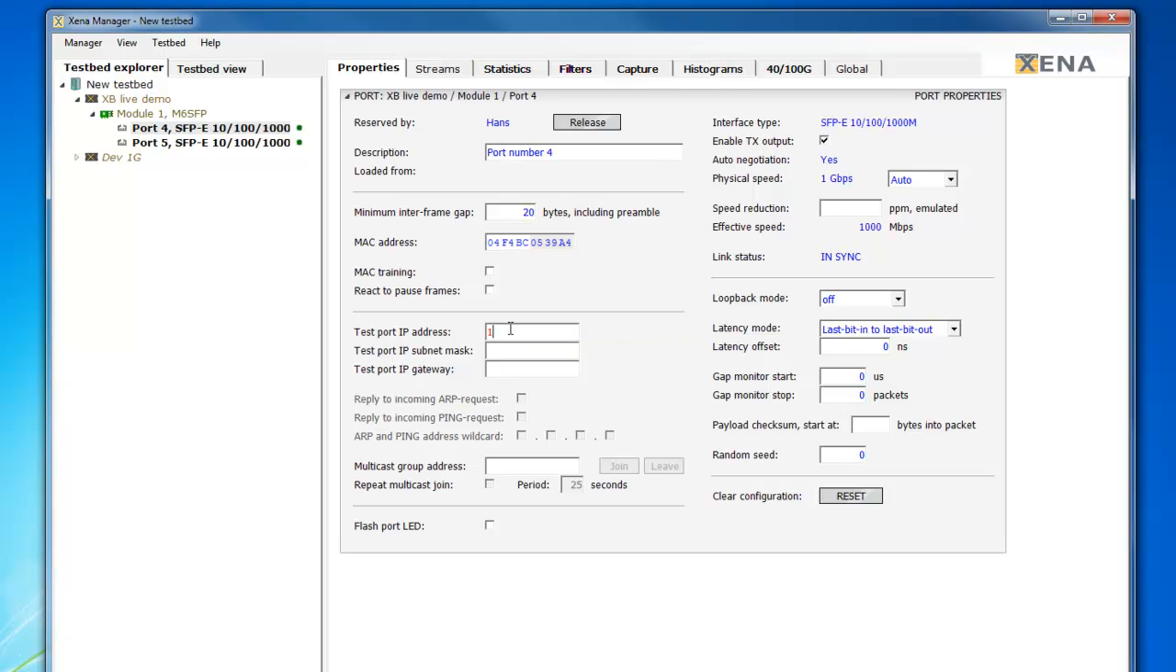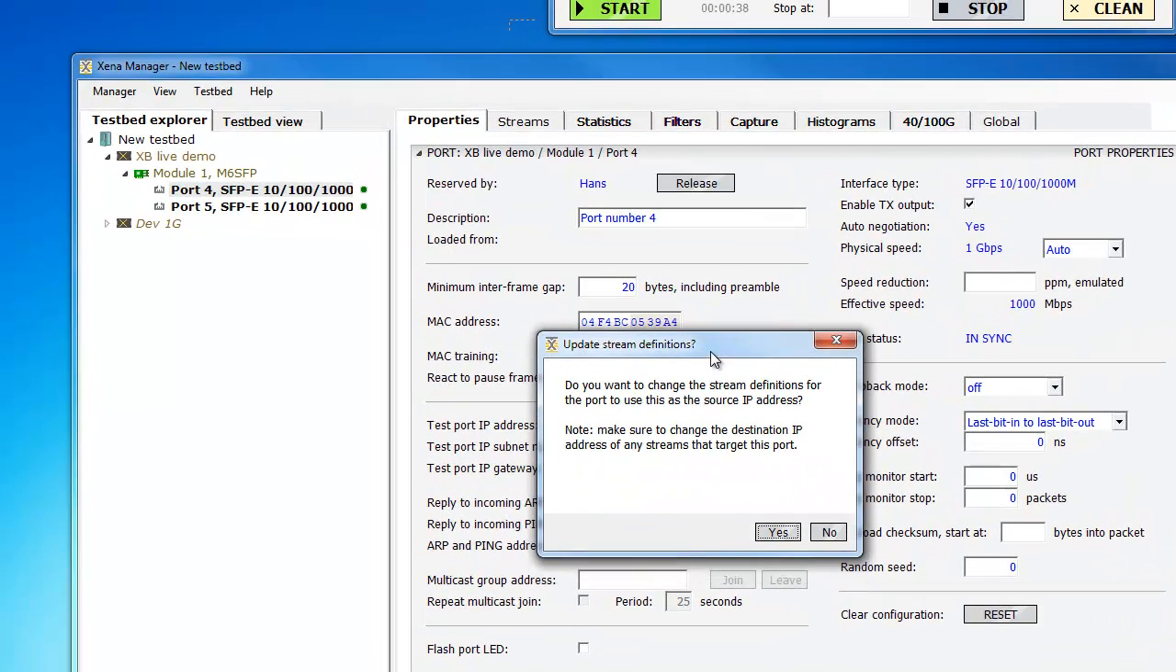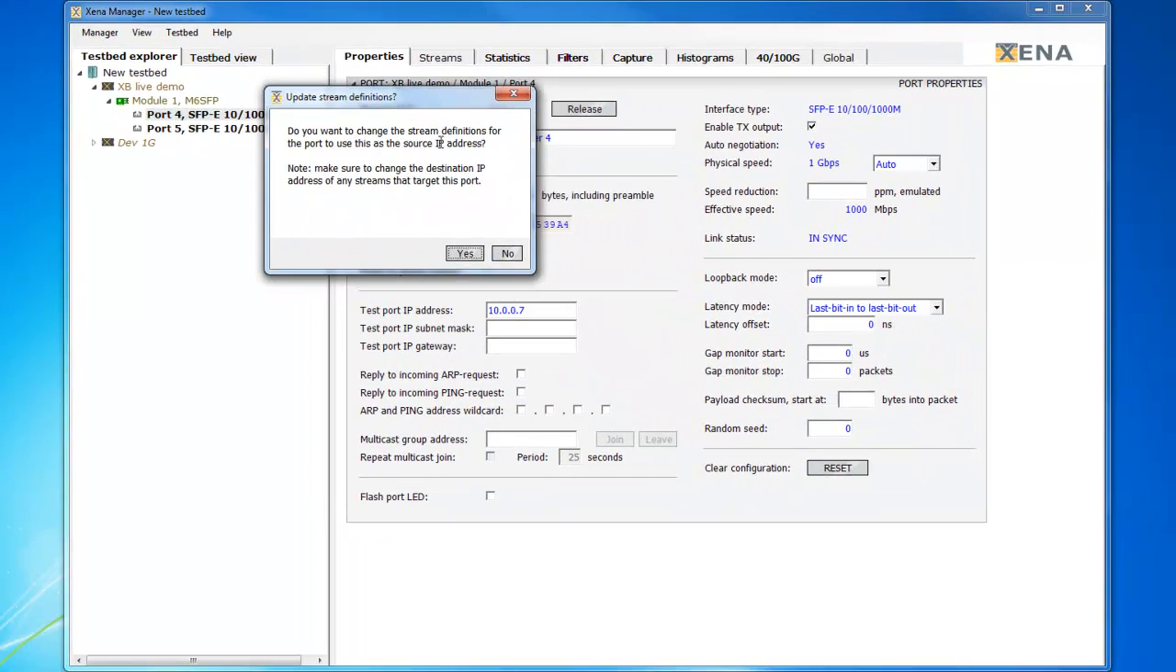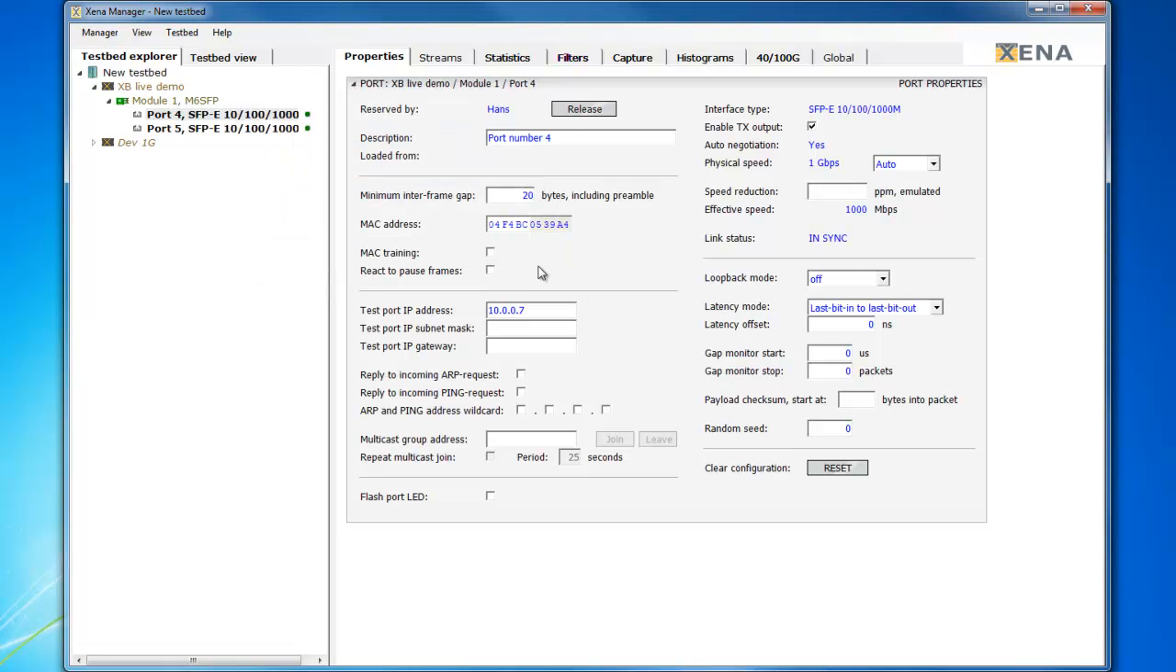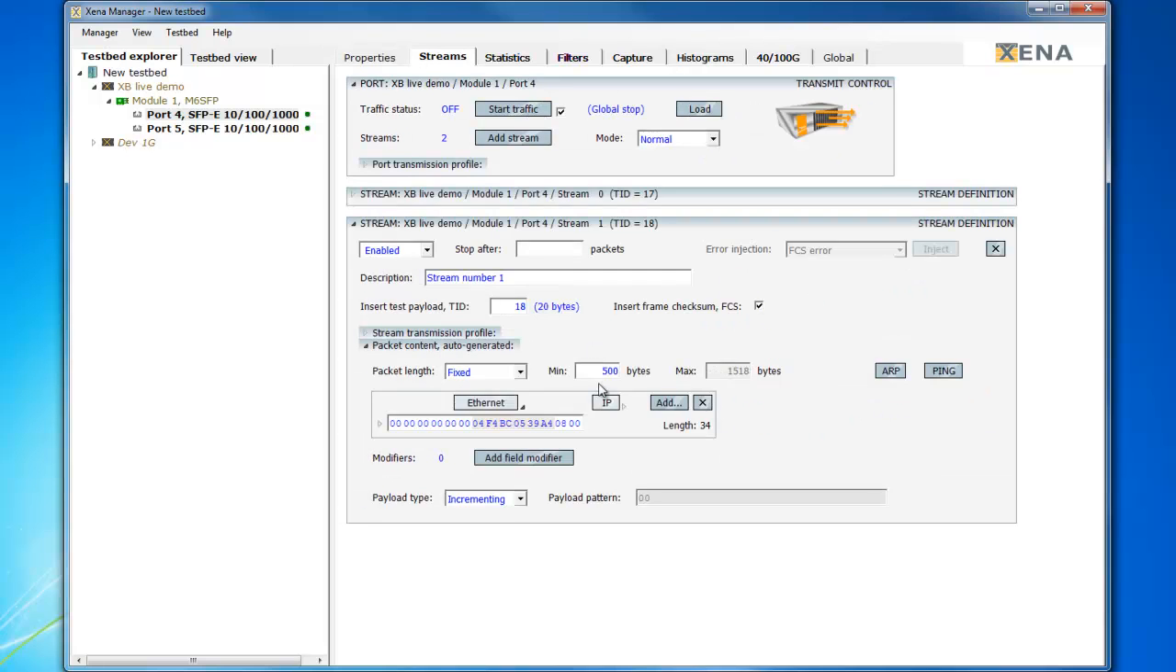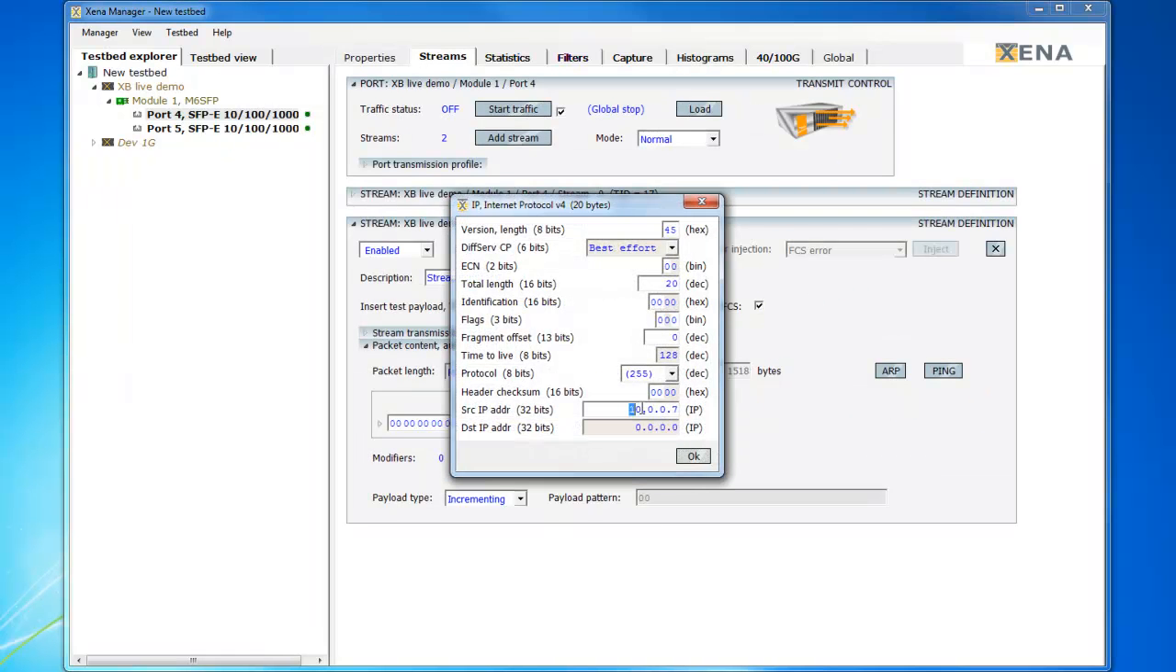So let's say 10.0.0.7, and then it'll ask us to confirm that we want to modify your existing stream to use this address, and yes we do, so we click yes. Now if we go back to the stream and look inside the packet, we can see it uses the address we just added. It's up to us where we want to send the packet, so let's try something like